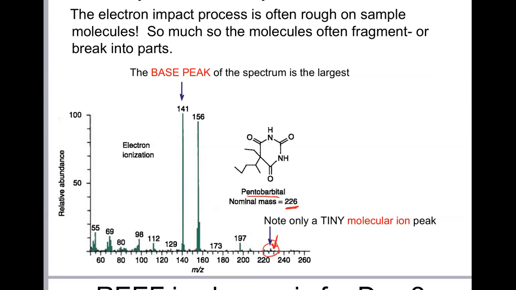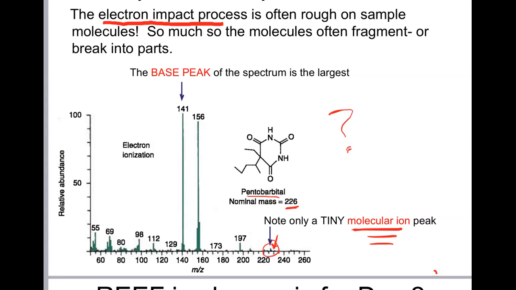Now, the peak which occurs at the expected mass to charge for the molecule as a whole is called the molecular ion. The molecular ion, that's where it would occur for the molecule as a whole. But we don't see a huge molecular ion peak at all here, do we? We see peaks everywhere else, but not much at 226. So let's explain that. Why is that? That's a bit curious based on what I've told you so far. It turns out that I didn't give you the complete story. And I need to